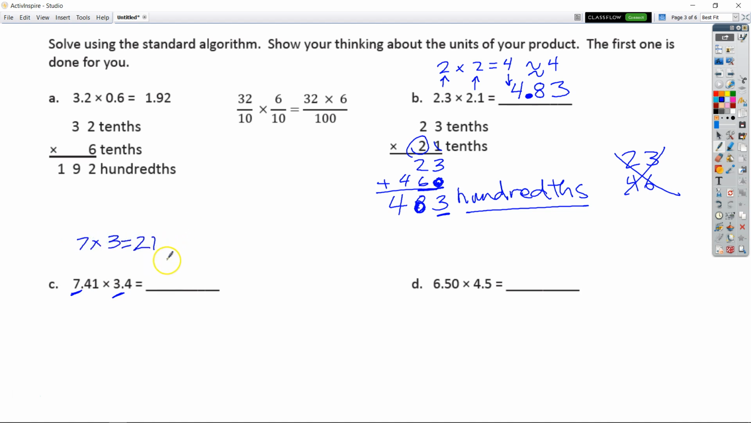So my answer should be around 21. All right, let's see. This checked out. This was around 4, right? So let's do our standard algorithm using the unit form. So that is, excuse me, I'll put the decimal in. I wasn't supposed to. It should be 741, and the 1 is in the hundredths place,